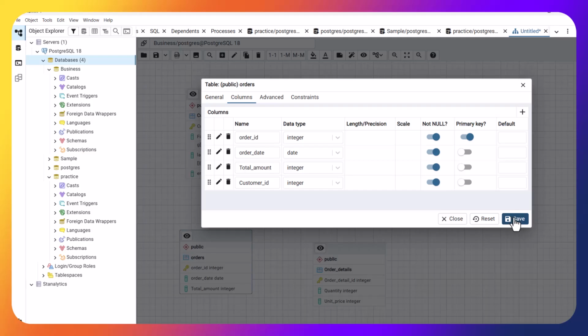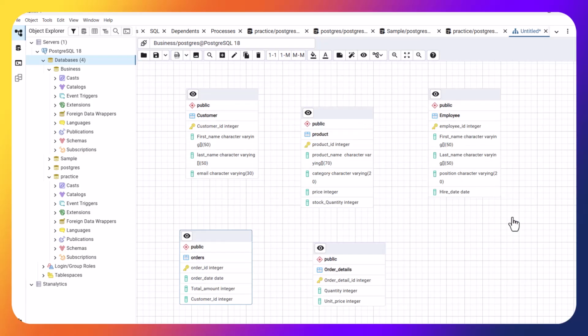Then you click on save. My ID is also going to be an integer, right? Then you click on your orders table, and you go back to this one-to-many relationship. Okay, then local column. This time around, you're going to be selecting customer ID